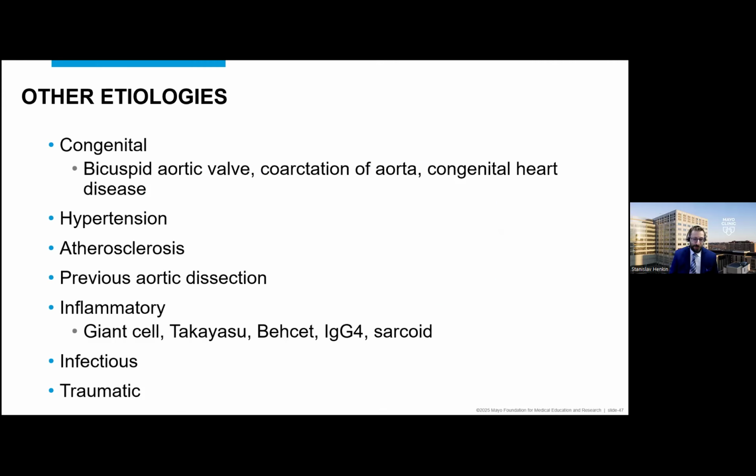So other etiologies to consider, because remember that's 20% of your patients. So what about the other 80? Well, bicuspid valves, something that we see quite commonly in our practice, coarctation of the aorta, congenital heart disease, history of PDA, hypertension, the most likely, atherosclerosis, prior aortic dissection, inflammatory disorders, so something that Nicole and I used to